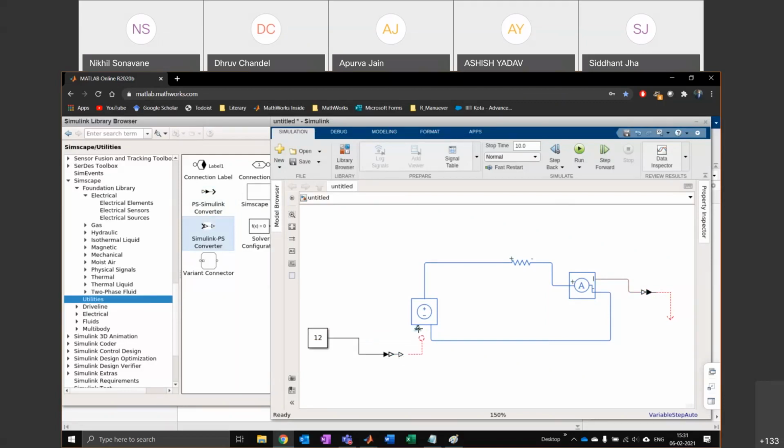And now you see the circuit actually joins up. I can put in a scope as well.